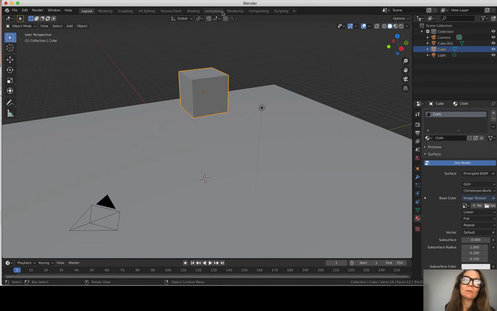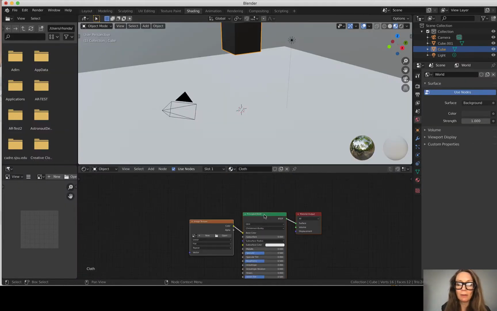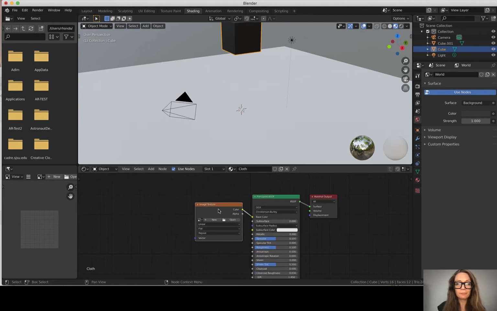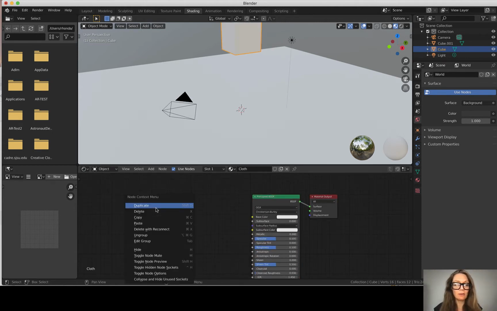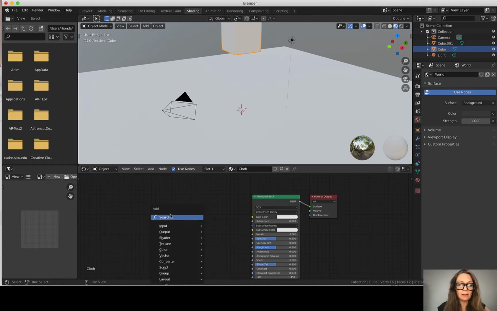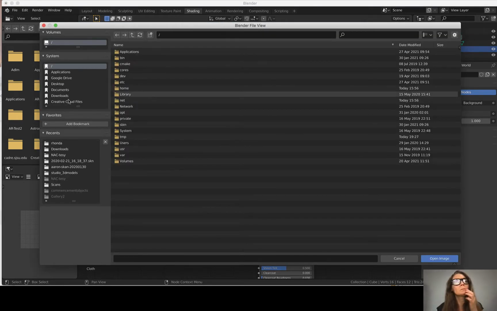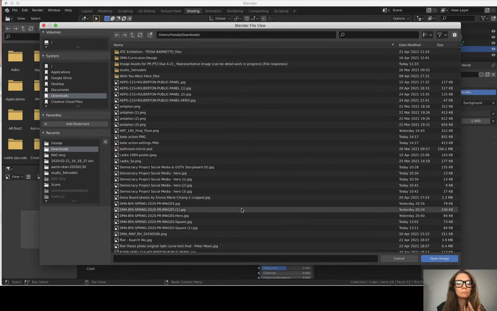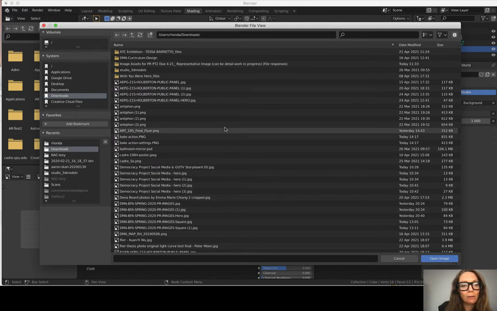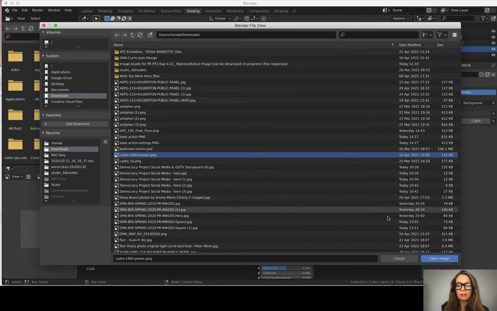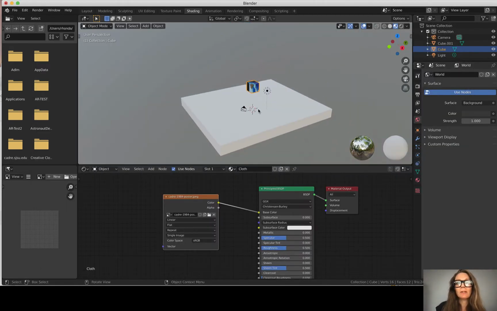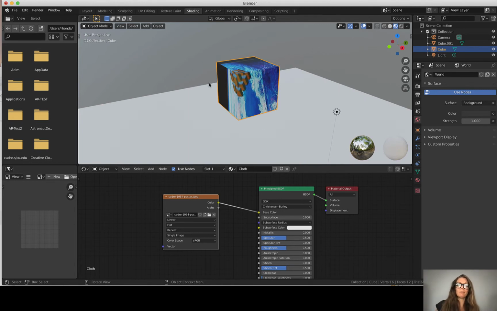And I can go into my shading tab and get my graph editor. I can select this and hit X. I can also do a Shift A for add and then search for image texture here, and then add the image texture node. I want to connect the color out to the base color, and I'm going to open a file. What do I want? Oh, how about this Cadre 1984 poster? Open image, and I can see it's kind of wrapped around the cube,